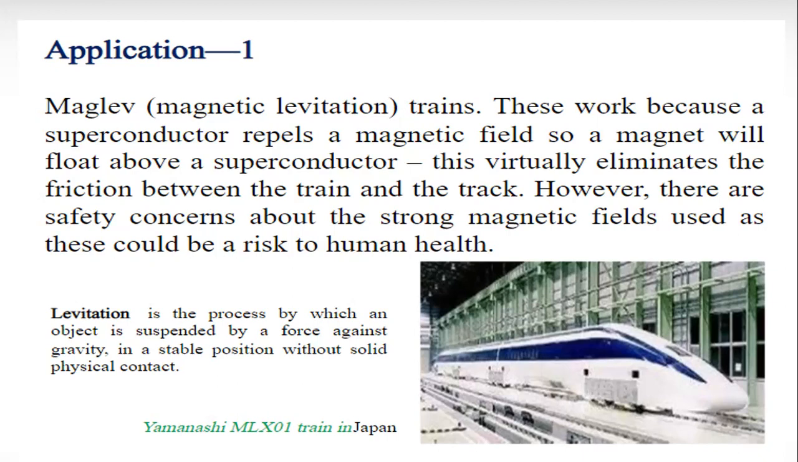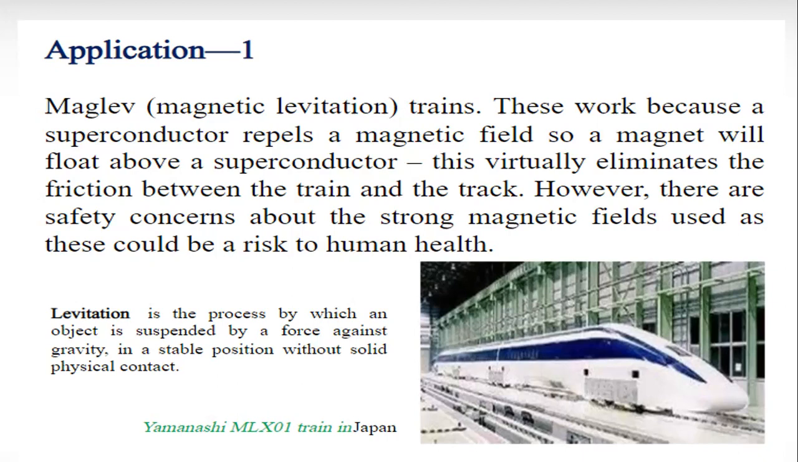magnetic levitation? As we know, the superconductor behaves as a perfect diamagnetic material, so it repels the magnetic lines of force. So virtually it eliminates the friction between the train and the track. That is the reason that it will float on a cushion of air. There will be an air cushion formed between the track and the wheels of the train, and the movement of the